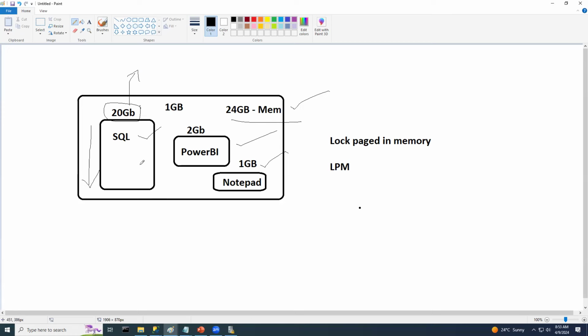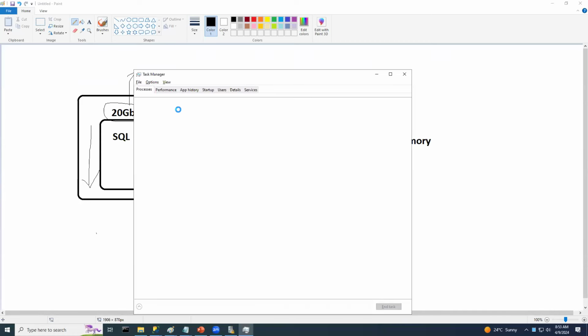What Windows can see is only certain shared memory, right? Only some part of memory can be visible. Whatever memory that we have allocated will not be visible to the Windows operating system. That is the reason sometimes, I don't know how many of you noticed, if you go to the Task Manager and